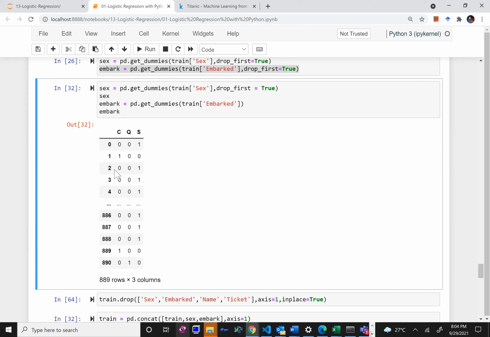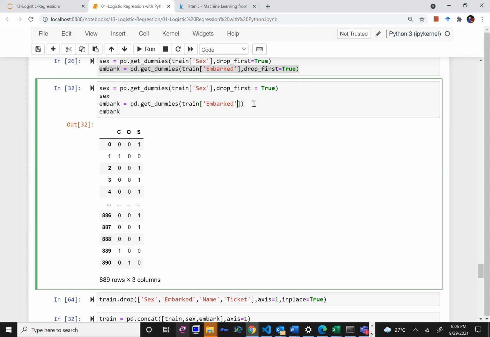So I have converted it into a meaningful representation, but I can still do something better by removing any one of the columns. If these two values are zero, that means it is Southampton. If this value is zero, this value is one, this value is zero, that means this value will always be zero. So I do not explicitly need all these three columns, right? I can make do with just two columns.